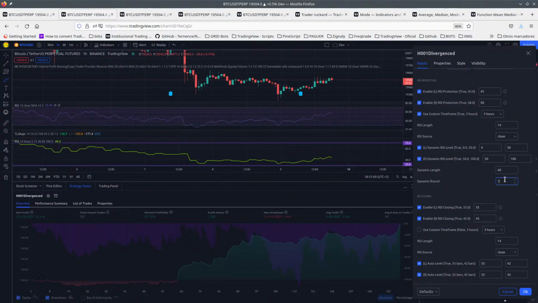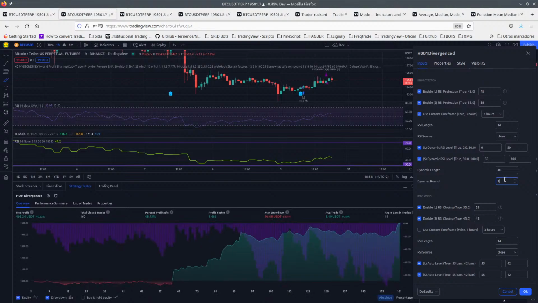Let's see what happens with only 1 level. So we should do something special, maybe. Okay, more trades, fewer trades. I'm not sure. What is this? But it's rounded to 1, it's not rounded to anything smaller. And if you do something like 0.01, then